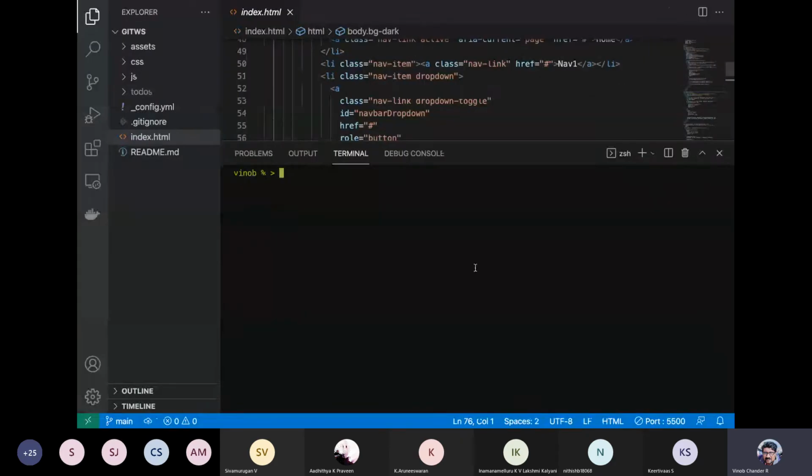So how do you create a branch, guys? git switch -c, and then let me say update nav titles.